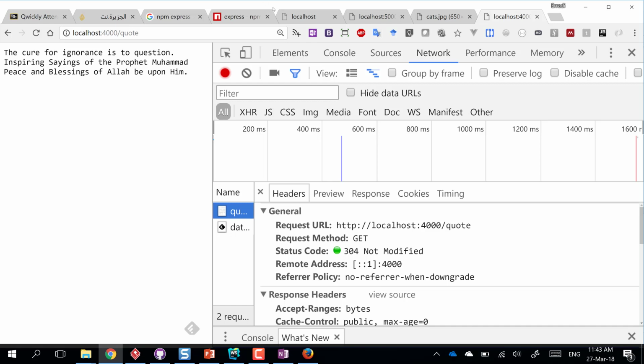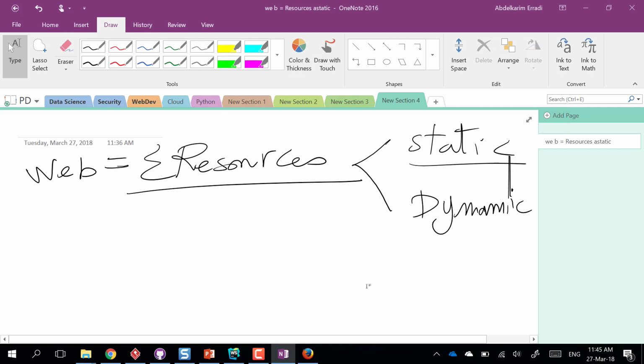But the web is not always just getting resources. Sometimes we fill up a form. I might fill up a form, enter all the information I need to fill, and then send it back to the server. When the requester requests some resource from the server, it has to use one of the verbs. Typically we use get to retrieve or read some resources, to request some resources from the server. We use post